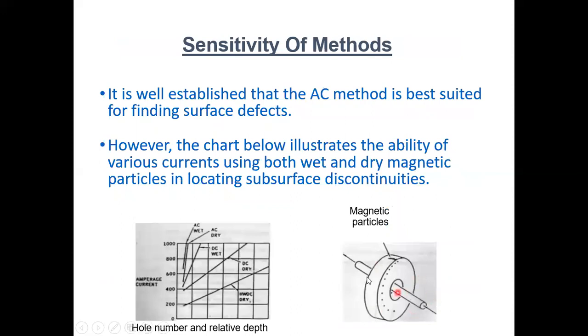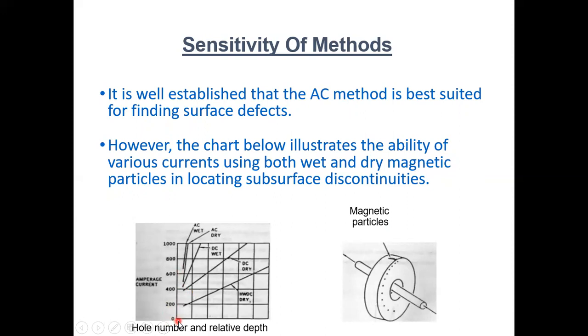Now see this Ketos ring, and this ring has side drill holes at different depths. Let's consider these are the hole numbers and relative depth. Zero is the surface of the ring, and here the depth increases. Let's consider this is 1 to 2 millimeter depth. If we go upward, the AC current is touching first, directly here. That's why if the depth of the discontinuity is on the surface or near the surface, 1 to 2 millimeter, then AC is the best choice.